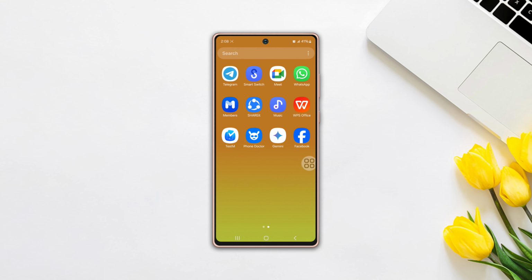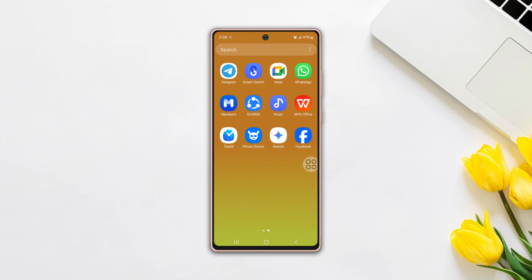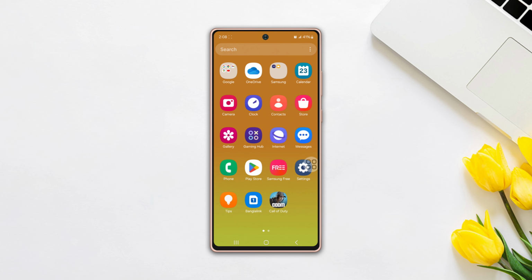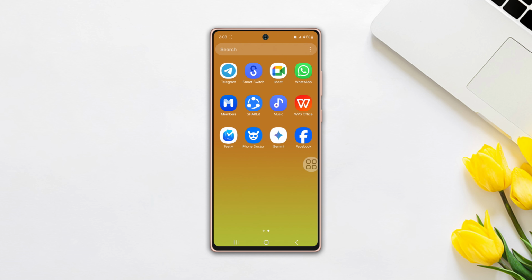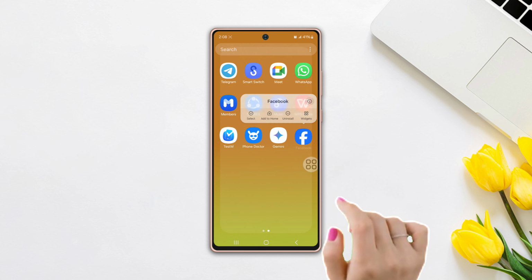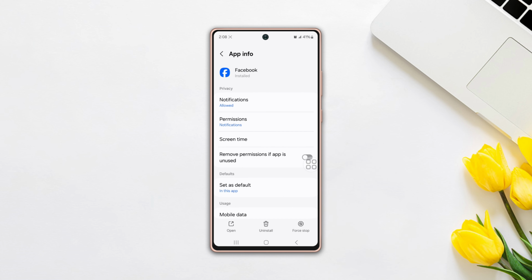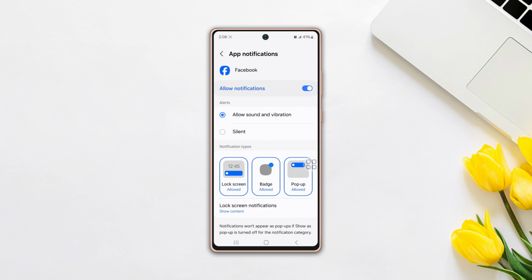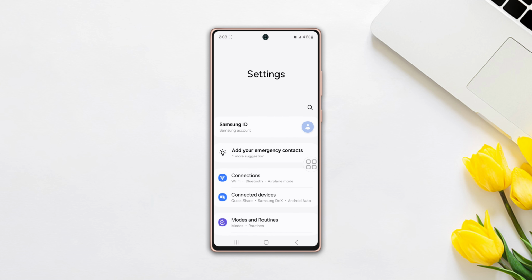In this video, I'll show you how to turn on and off app notifications on a Samsung phone. So let's get started. There are two ways of turning on or off the notification on Samsung. You can either press and hold any app that you want to turn on or off the notification on Samsung. Tap the icon from here. Now you can select the notification settings from here, or you can go to the settings,